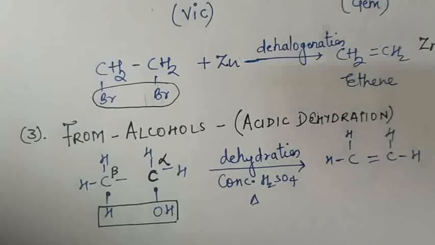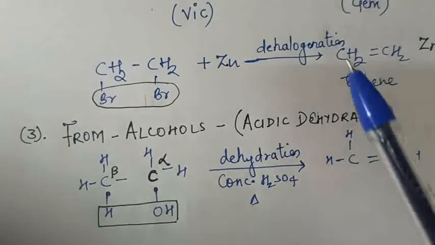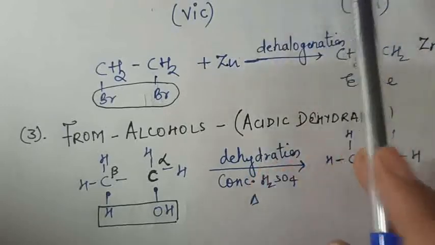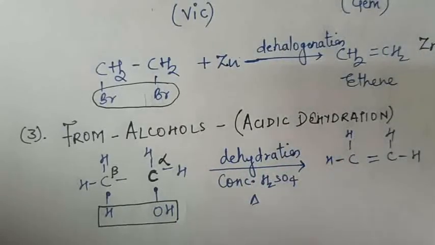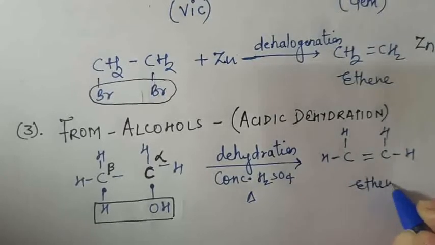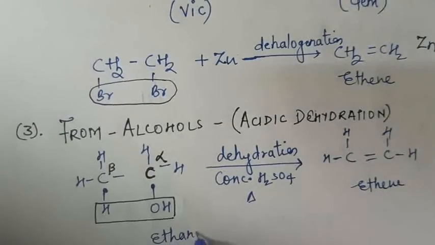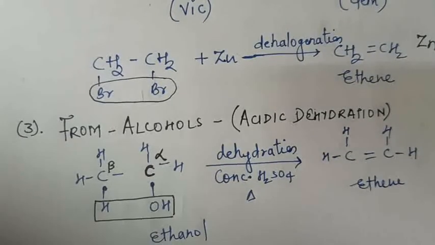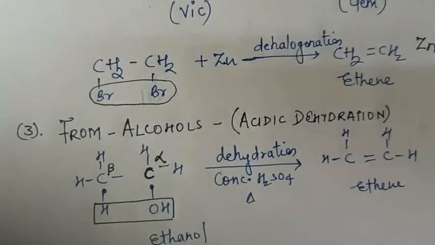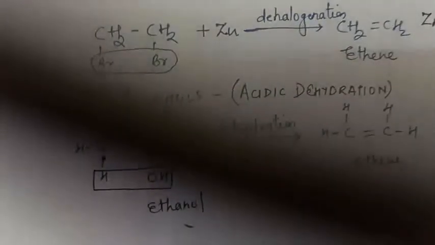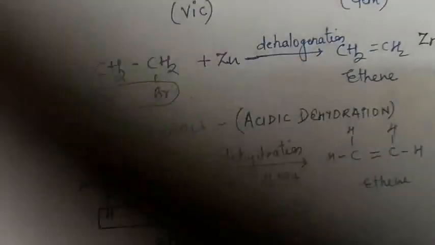ये दोनों ही रिएक्शन हमें 12th में फिर से हैं with mechanism in the chapter alcohols, phenols and ethers. So this is something which is important and you should remember it well. So I hope this is clear. In this video we have covered how to prepare alkenes from vicinal dihalides and alkenes from alcohol. So this is ethene which you have prepared from ethanol. So a question can be asked, how can you prepare ethene from ethanol, or how can ethanol be converted into ethene? These types of reactions give you the base of the interconversion reactions.